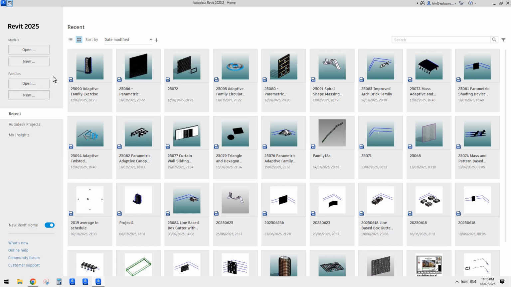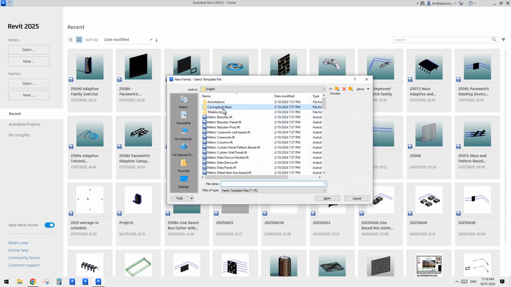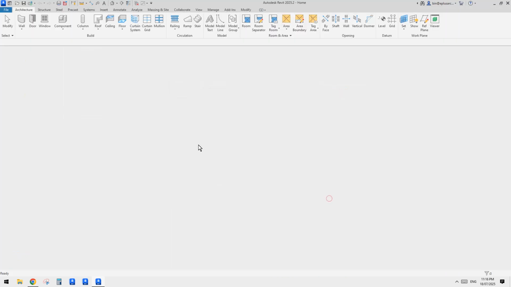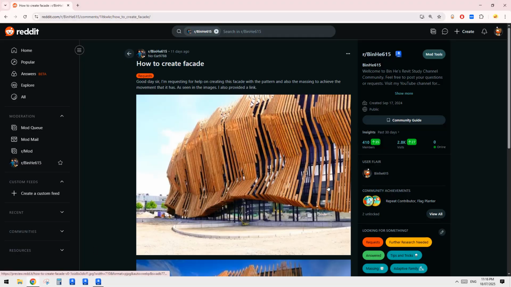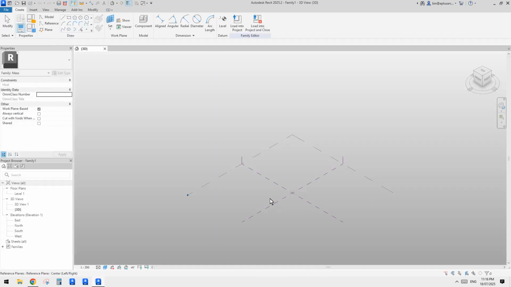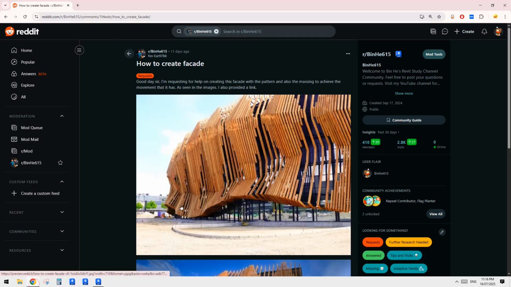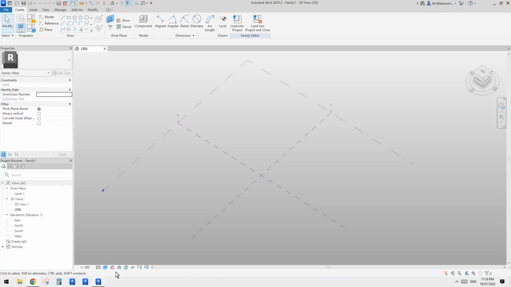So first, let's do a conceptual mass. Oh, no, wrong one. Okay, so a mass. So let's have a look. So this shape is quite simple, actually. We can, so let me think. Yeah, we can just use a